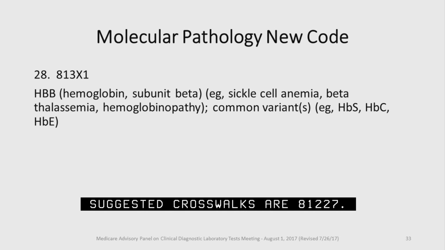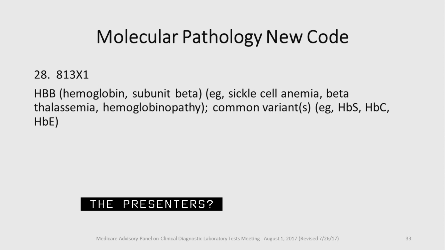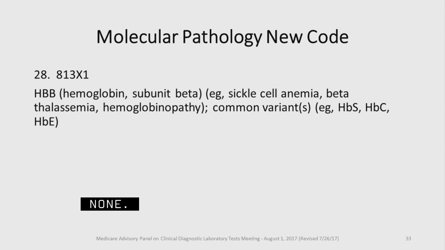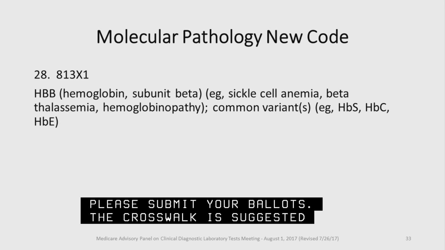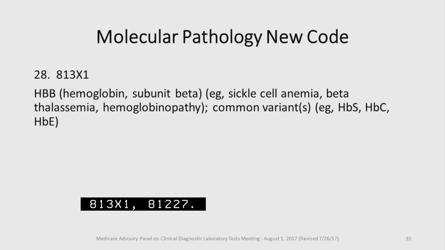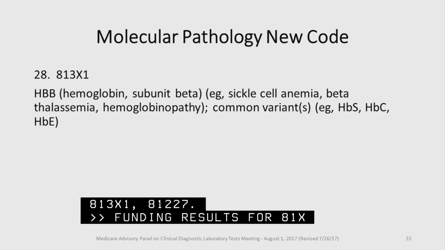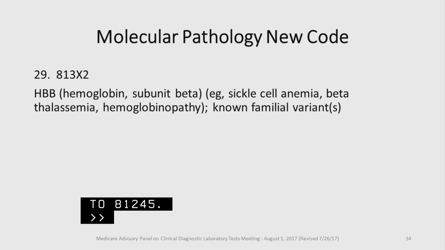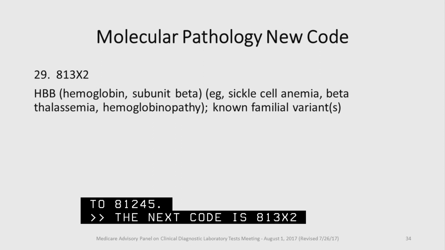No? Any discussion amongst yourselves? None. All right, please submit your ballots. Crosswalk suggested for 813X1 is 81227. Voting results for 81X36. 9 recommendations to crosswalk to 81245. All right, the next code is 813X2, hemoglobin subunit beta, known familial variance, and the suggested crosswalks are